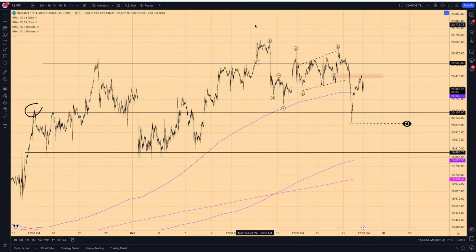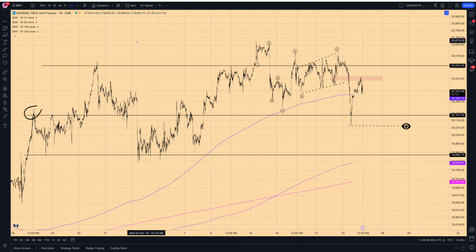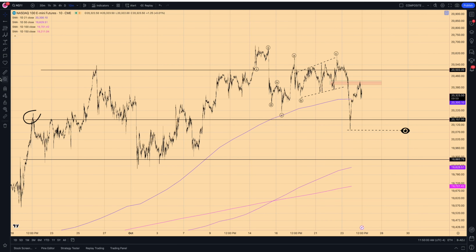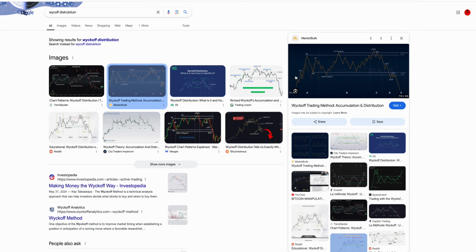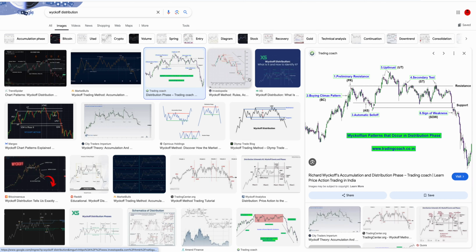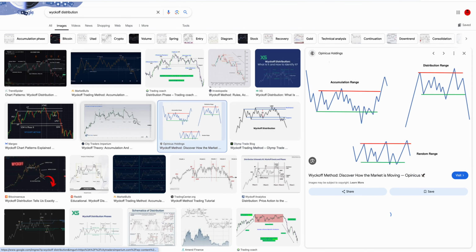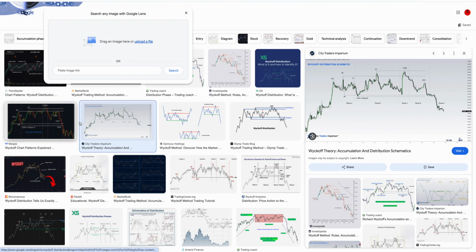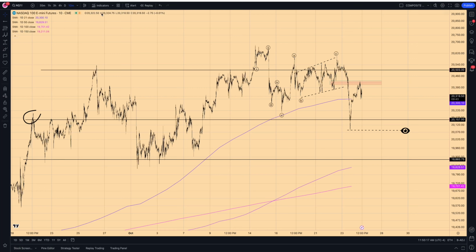Back for another update. Let's take a look at the US stock market over here. We'll take a look at NQ Nasdaq 100 futures on the 10-minute time frame, and we currently do see Wyckoff distribution. Okay, these are some examples of what Wyckoff distribution looks like, right? These are some examples over here, and we currently see that on NQ going back to the